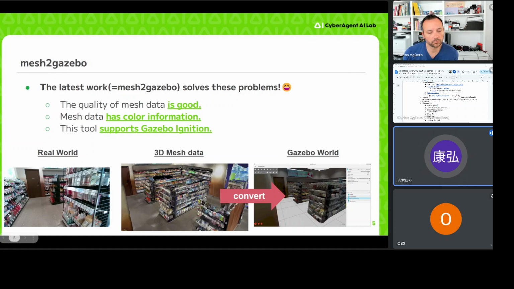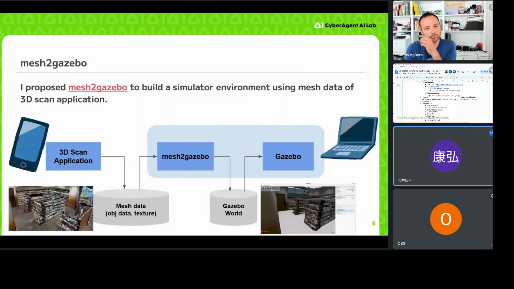The left image is the real-world in-store environment. The center figure is 3D mesh data of the in-store environment. So I convert this mesh data to a Gazebo world. So I propose mesh2gazebo